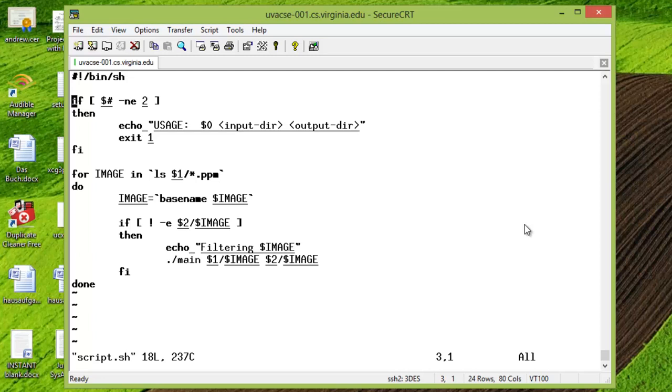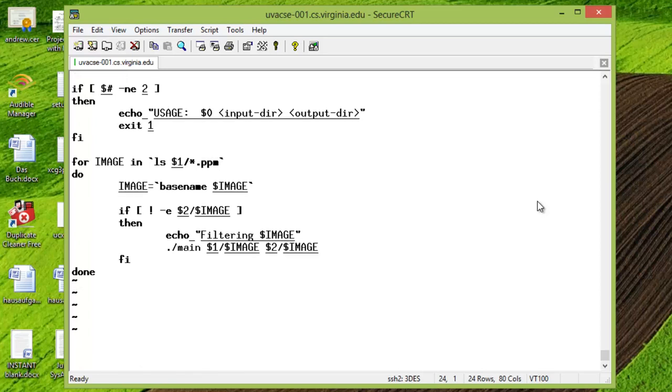What it does is checks to make sure there's the right number of arguments, and then it looks in the first parameter as it treats it as a directory, and it says, well, let's look for all the things called ppm. And for each one of those, let's see whether it exists in the target directory. If it does, we'll skip it, and if it doesn't, we're going to run a program called main on it, and the source will be from the source directory, and the target will go into the target directory. So if we exit,